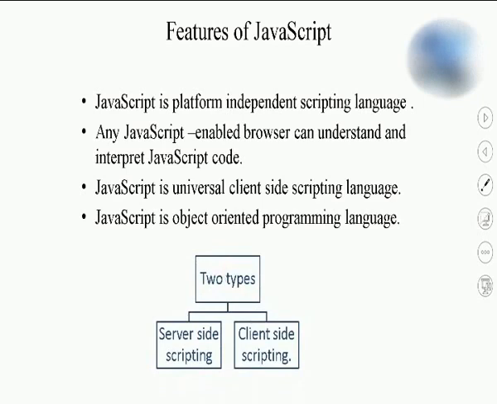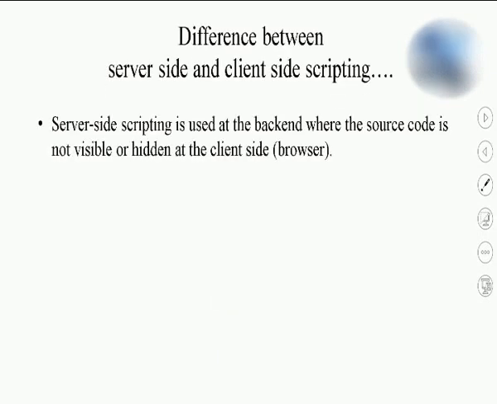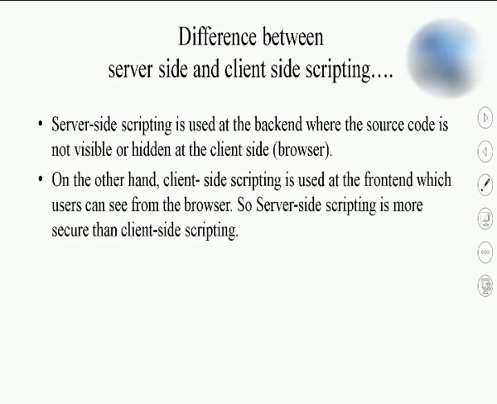There are two types of scripting languages. One is server-side scripting, another is client-side scripting. In server-side scripting you will have some different languages, and in client-side you may have different languages. What is the difference between server-side and client-side? Server-side is used for the backend, meaning the code is executed on the server, whereas the source code is not visible in server-side. Whereas in client-side, the code will be visible to the end user and it will be executed by the browser. So this is the main difference. The code is visible to the end user in client-side scripting, whereas code is hidden in server-side. This also you need to remember for the examination.